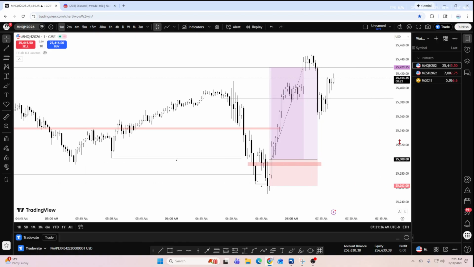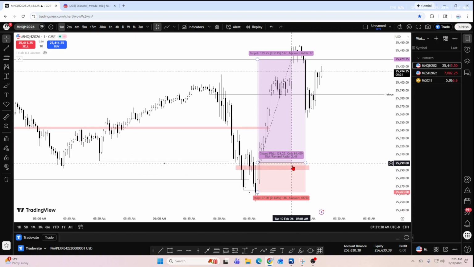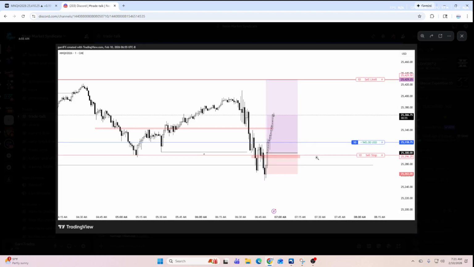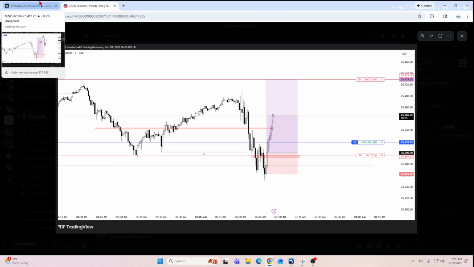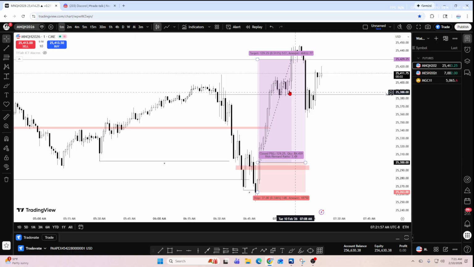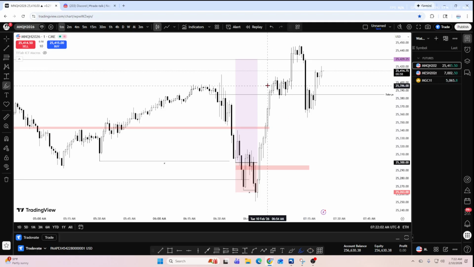So continuing on, take my entry, and this is the second entry, right? So notice how I wanted to get in a little bit lower, but I got in higher, which is, again, fine. I just knew price was not coming down, so all I was looking to do was just enter the trade, right? At the top here, so let's just move this back. Let's take a look at this grouping of candles.